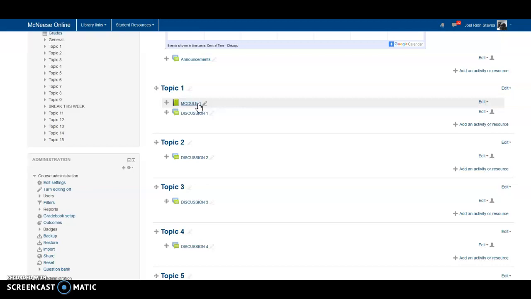Now, the RN to BSN program is utilizing this, and some of the instructors teaching in this program, namely the ones that are not teaching nursing courses but are teaching some of the gen eds required for the BSN degree, were initially caught off. They were like, I can't edit. What's happening? Well, see, when you click on this right here,